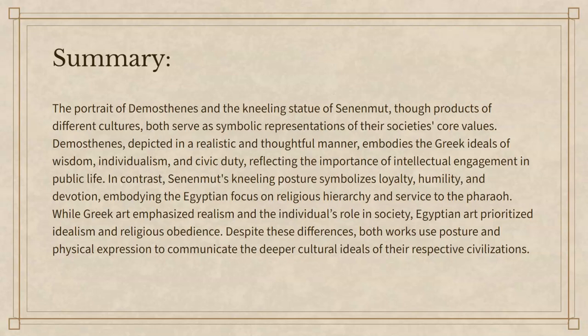In contrast, Senmut's kneeling posture symbolizes loyalty, humility, and devotion, embodying the Egyptian focus on religious hierarchy and the pharaohs, while Greek art emphasizes realism and individual roles in society. Egyptian art prioritizes idealism and religious obedience. Despite these differences, both works use posture and physical expression to communicate the deeper cultural ideas of these respective